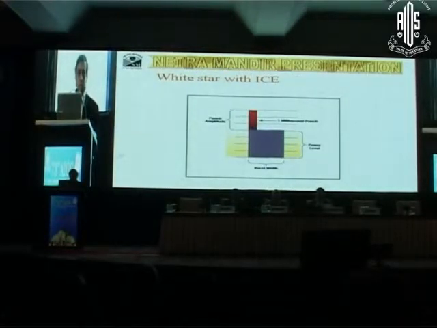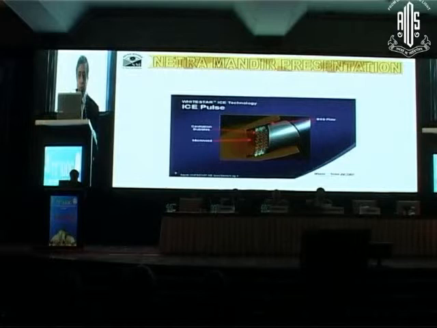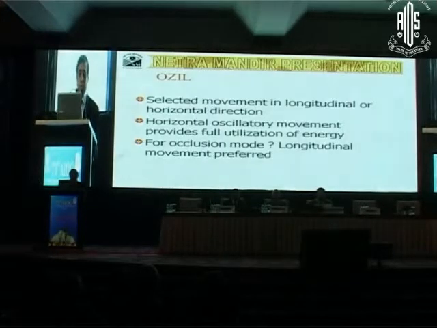Exactly the reverse thing came up with certain other machines. Instead of having a low energy, they said you need to have a high punch at that particular time of the pulse, which is the beginning of the pulse, and then it comes to the plateau. Their concept was that it will push the nucleus, like chattering, a little away, so that the balanced salt solution enters between the phaco tip and the nuclear piece, and that can generate a cavitation bubble, so that you not only have the longitudinal movement but also cavitation bubble energy.